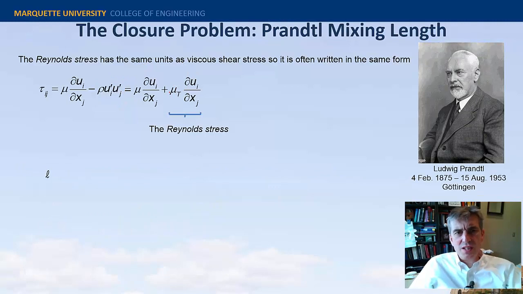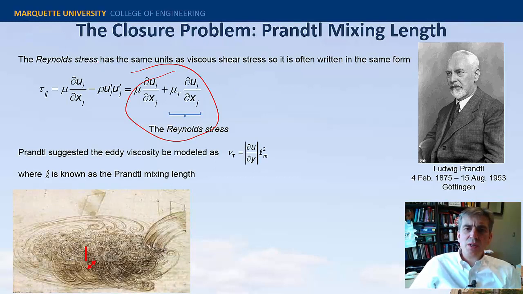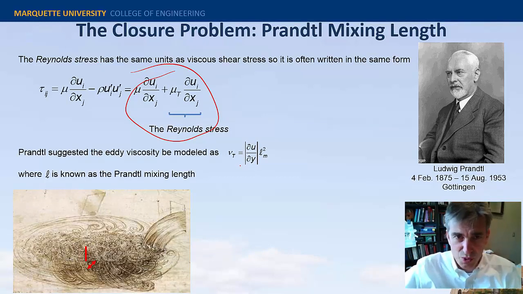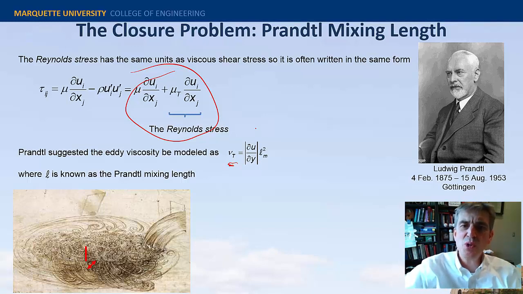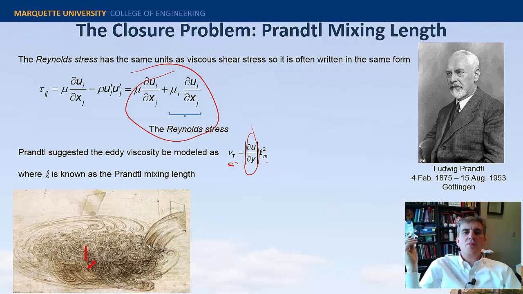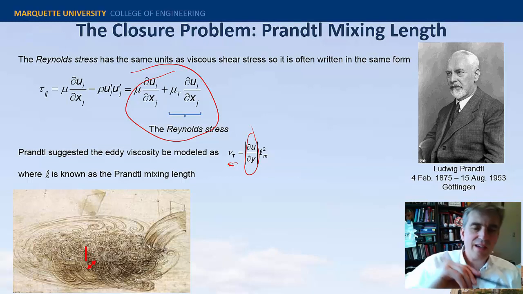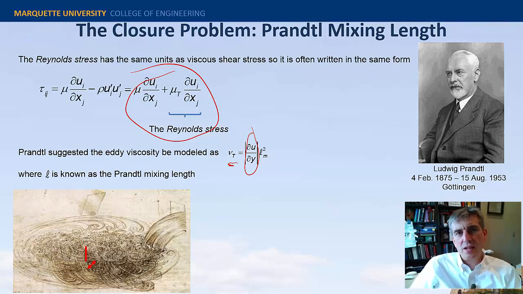Prandtl had his own suggestion. He used the same idea from Boussinesq, but said it's really a mixing length. So this new viscosity, this turbulent eddy viscosity, is related maybe to the gradient of the mean flow times some length scale, which is known as the Prandtl length scale. So we just pick some length scale in there to represent this new eddy viscosity. It's legitimate in the sense that that's the same way we think about modeling molecular interactions up to a continuum to approximate the